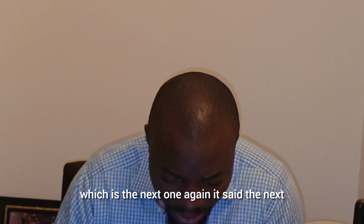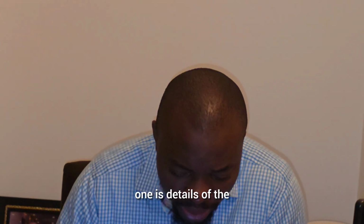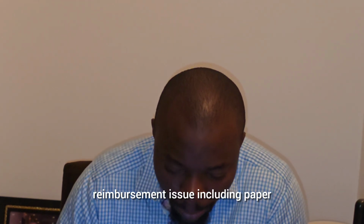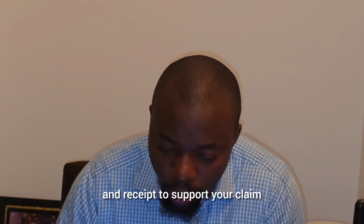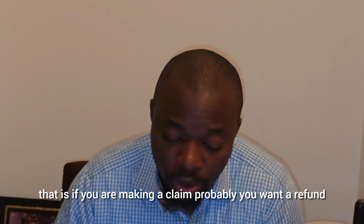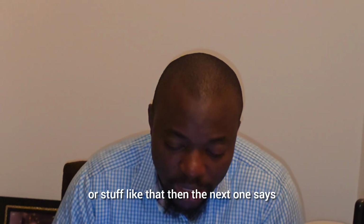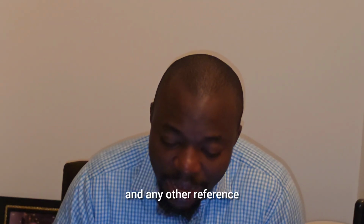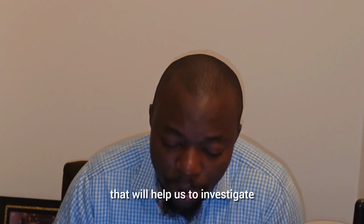It said the next one is details of the reimbursement issue, including paper and receipt to support your claim. That is if you are making a claim, probably you want a refund or stuff like that. Then the next one says your home office reference details and any other reference that will help us to investigate